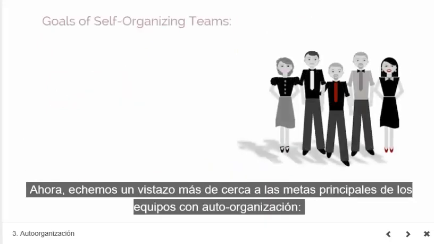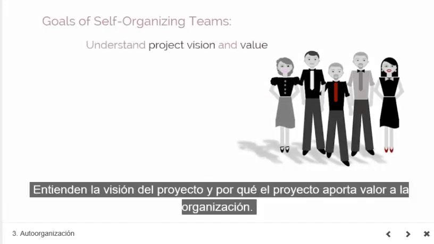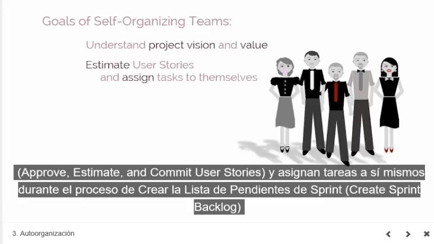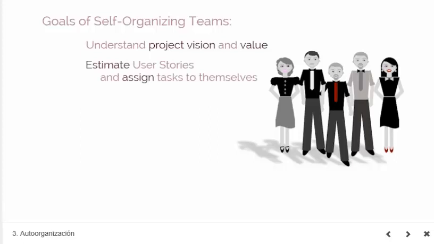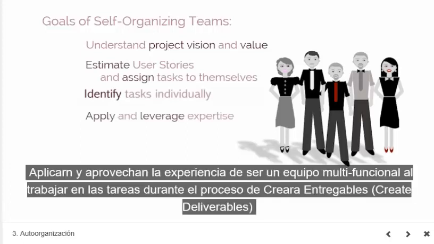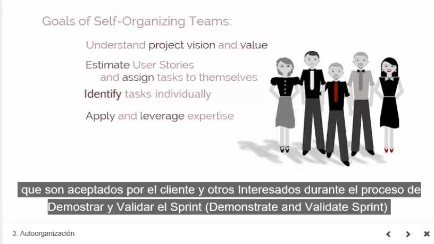Now let's take a closer look at the chief goals of self-organizing teams. They understand the project vision and why the project delivers value to the organization. They estimate user stories during the Estimate User Stories process and assign tasks to themselves during the Create Sprint Backlog process. They identify tasks independently during the Identify task process. They apply and leverage their expertise from being a cross-functional team to work on the tasks during the Create Deliverable process. They deliver tangible results that are accepted by the customer and other stakeholders during the Demonstrate and Validate sprint